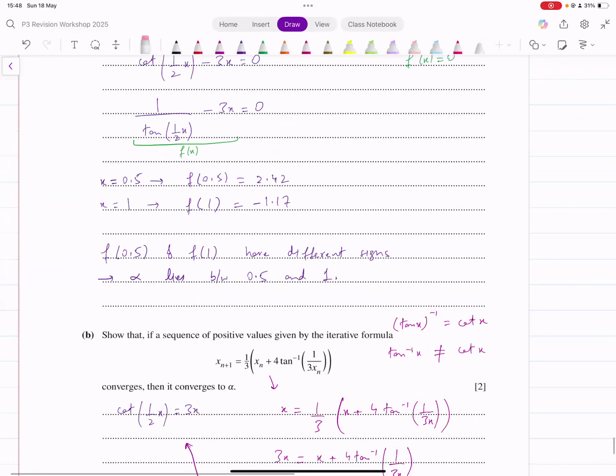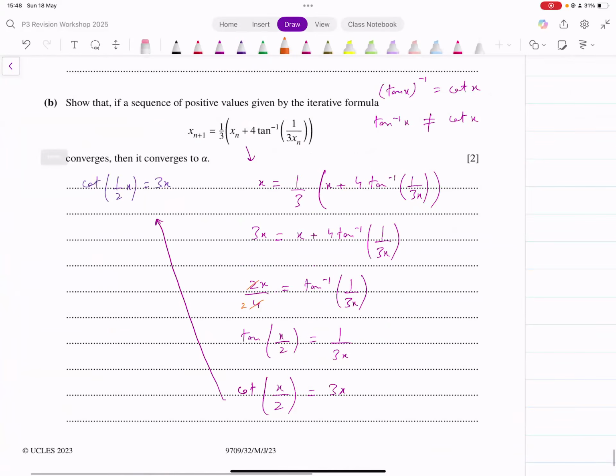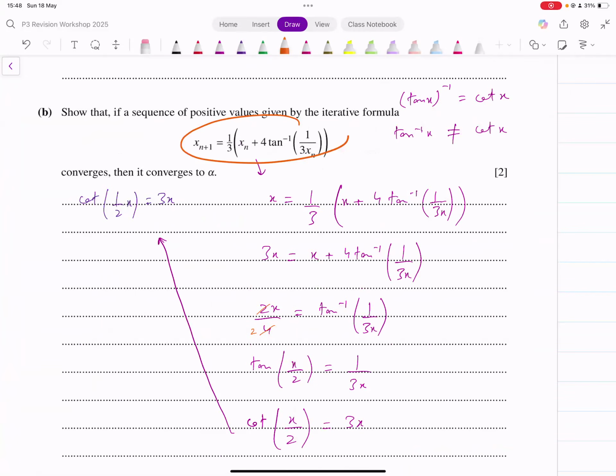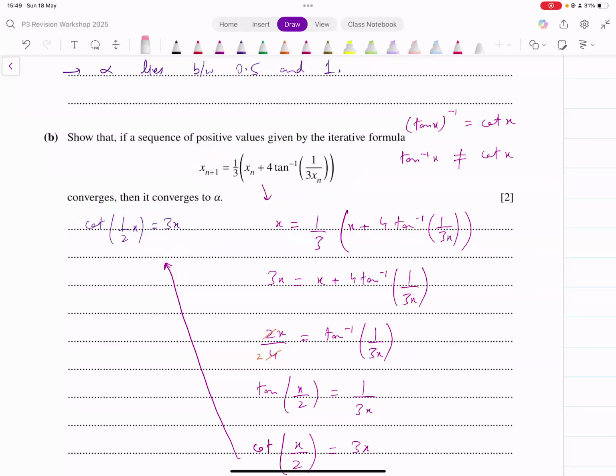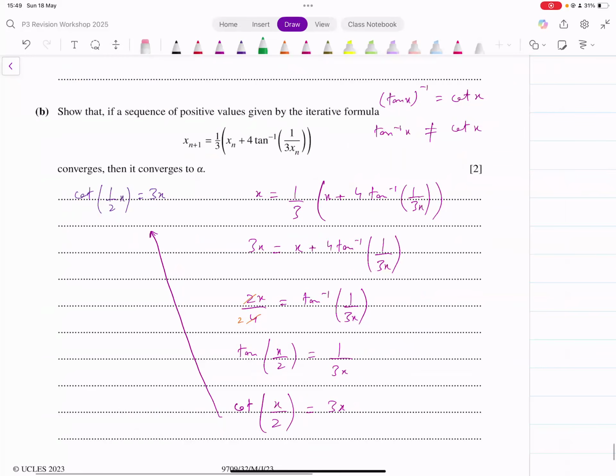The second part says, show that if the sequence of values given by this iterative formula converges, then it converges to alpha. Again, the same question. We have to show that this corresponds to that equation that we were given there. This was the equation. So we start from the iterative formula, try to rearrange this, and convert it to that form. The important point to remember here is